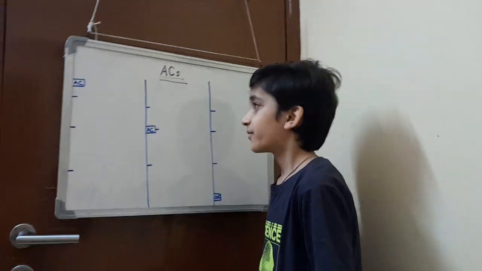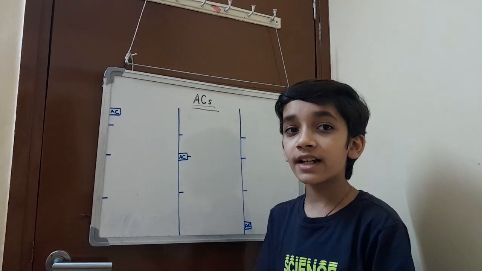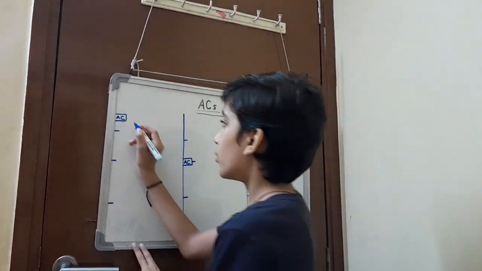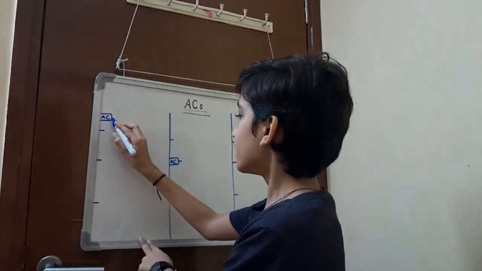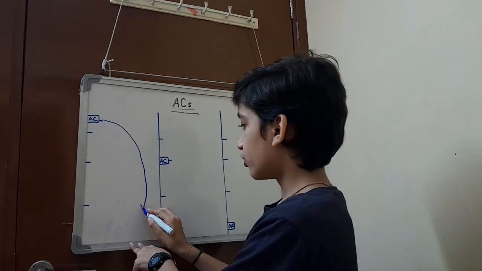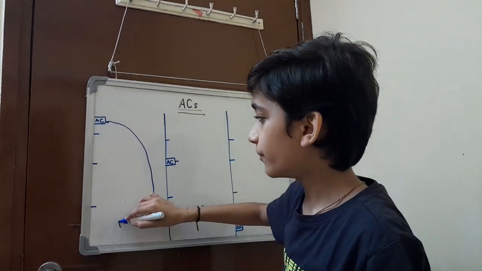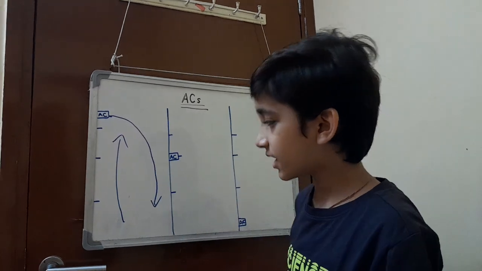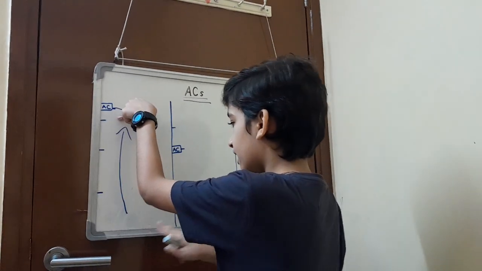Let me tell you. You have learned cold air drops down and hot air rises up. So now this AC is giving cold air. As this air drops down, it goes down. But now it's empty over here, so the hot air which was underneath comes here. Now here it is hot and here it is cold.